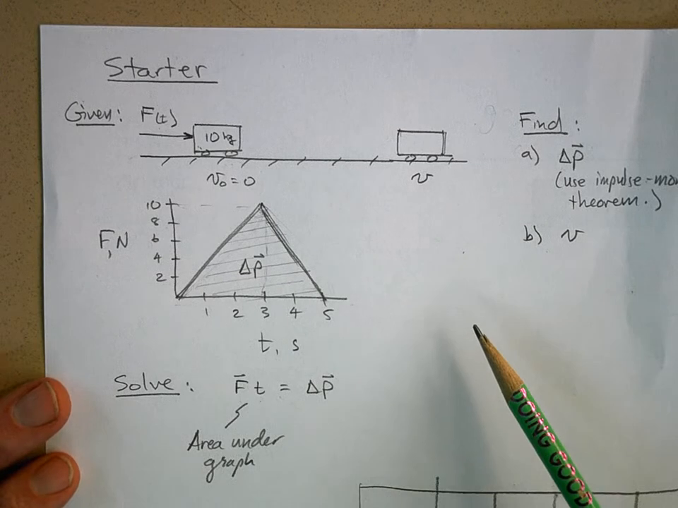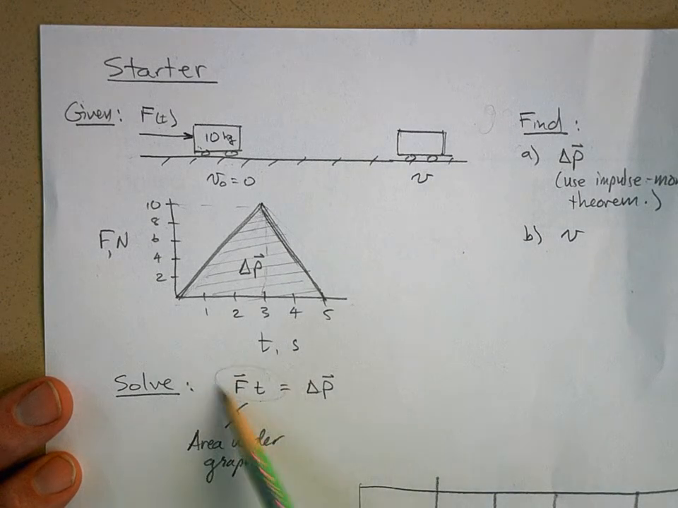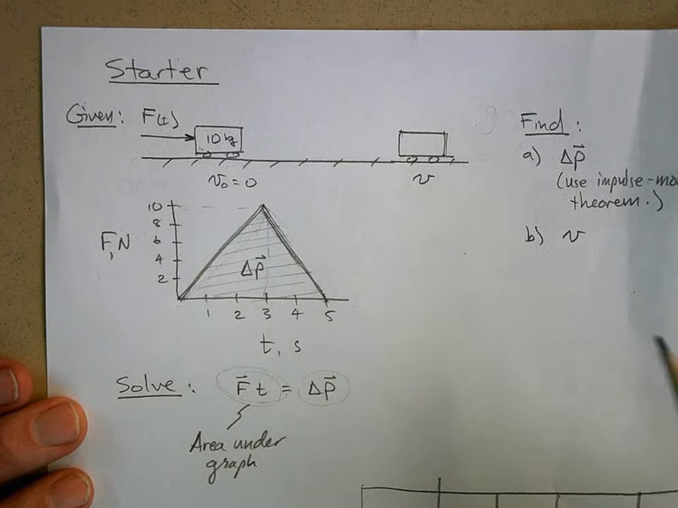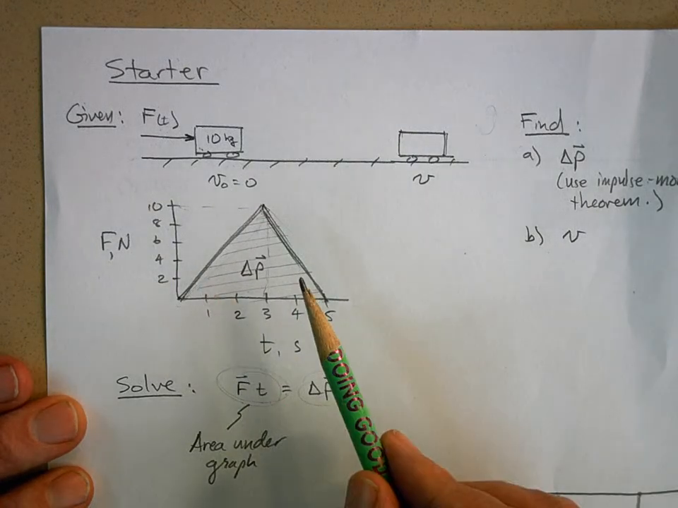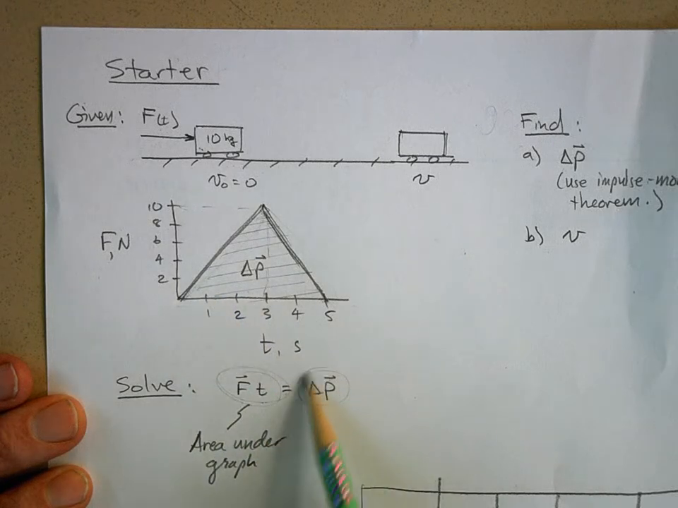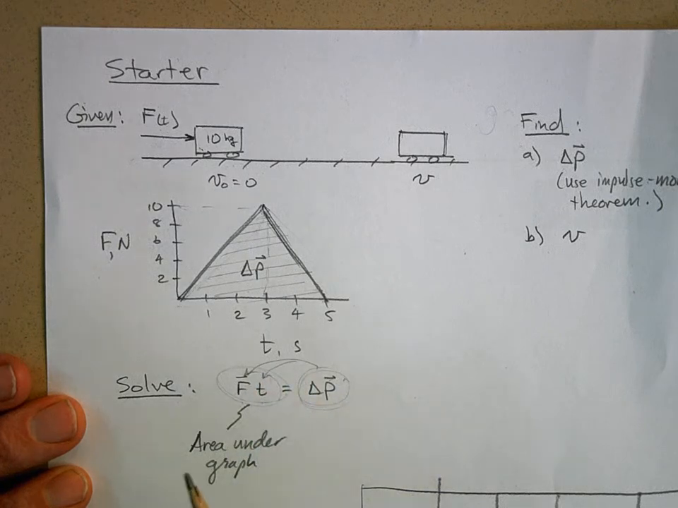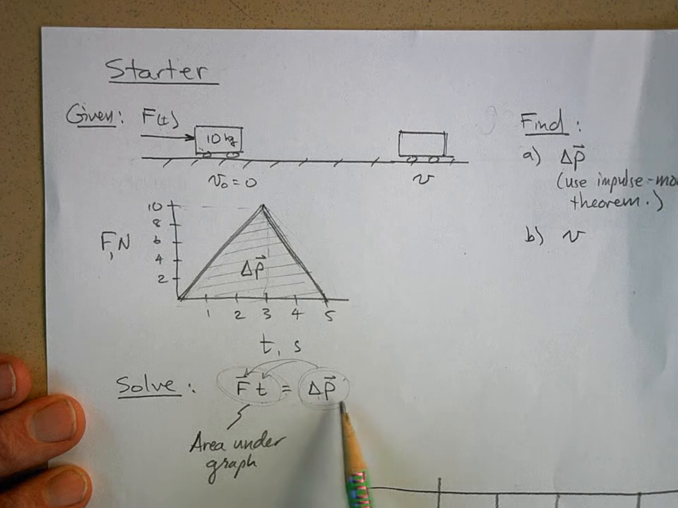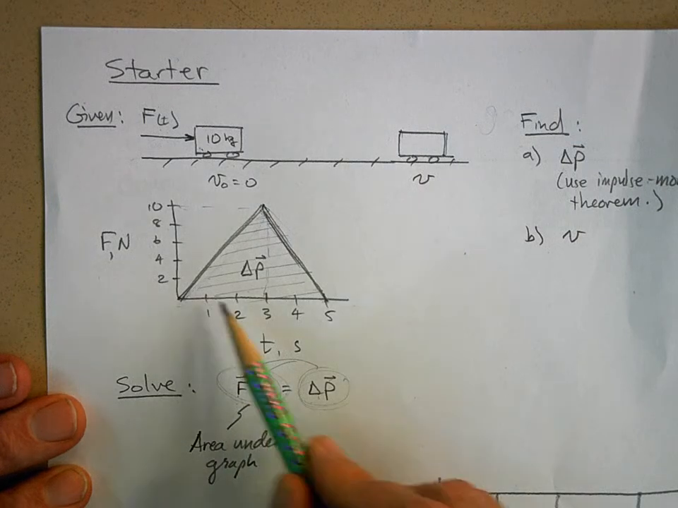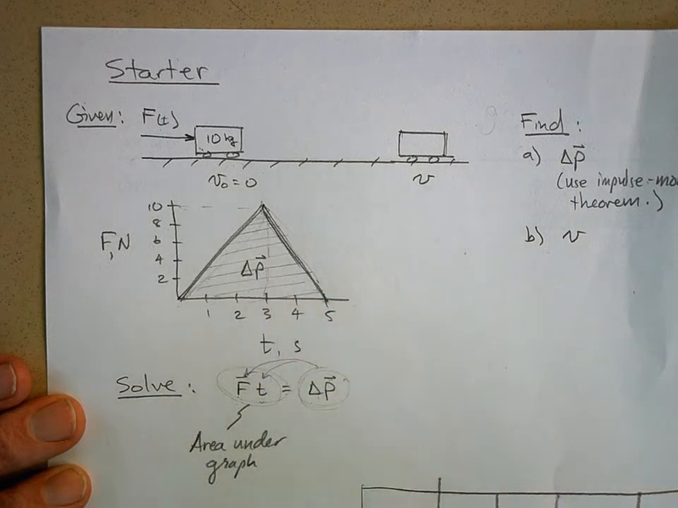You need to use the impulse momentum theorem, which says the product of force and time is equal to the change in momentum of the object. Whenever you have a quantity, like the change of momentum, that is the product of two other quantities, you can always figure out what this quantity is by graphing the first quantity as a function of the second quantity,